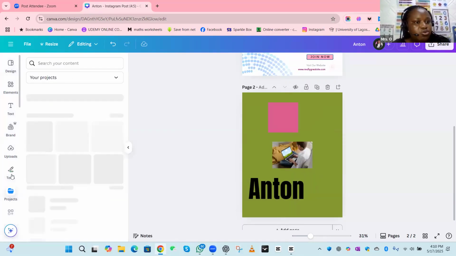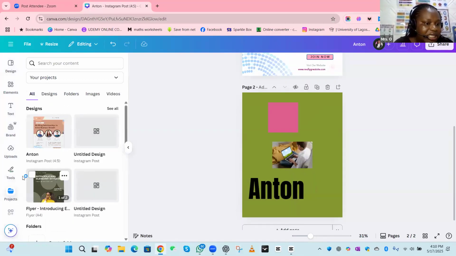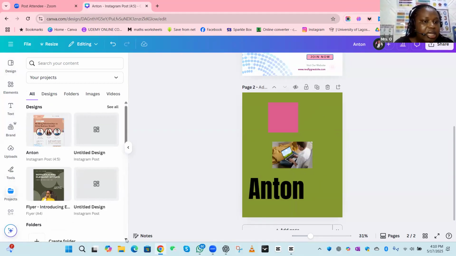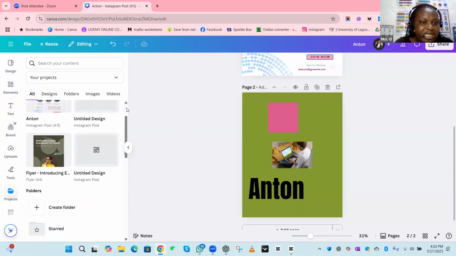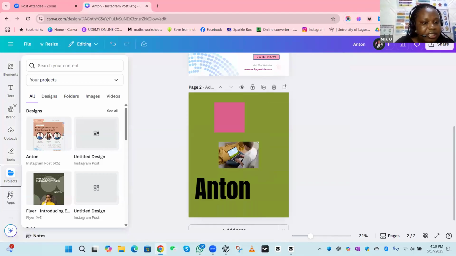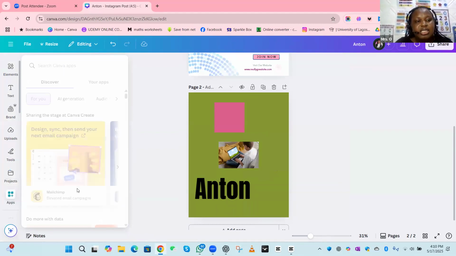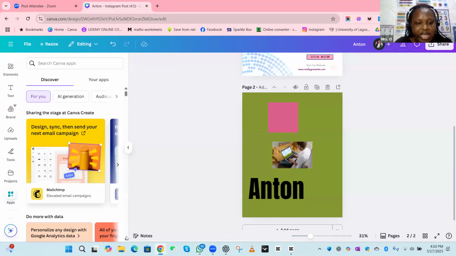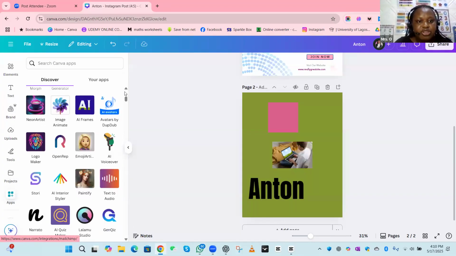And then after tools, you have projects. Remember I said project is where you see the things you've done before. For instance, I've done something and I want to apply it here. I can easily come here and look for it and apply it. Then under project, we have apps. This is where you can apply the different Canva apps. Okay. This is where you can apply any of the apps that you're looking for that you want to use